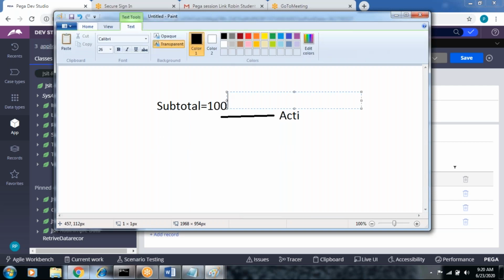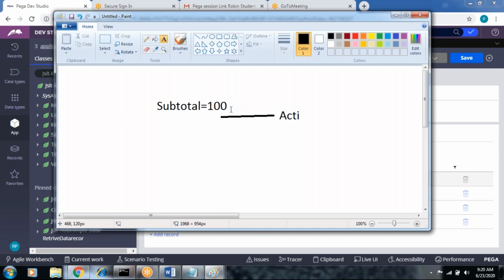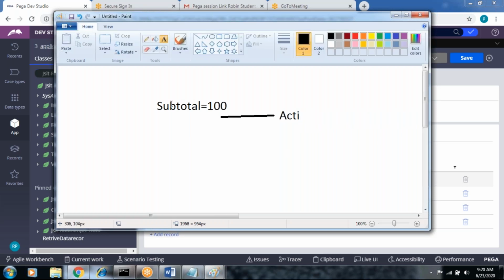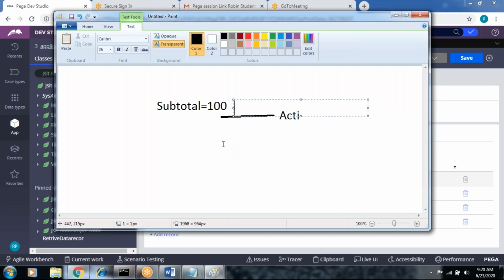So this is a when condition: subtotal equals 100. Set that, and create that activity. The activity type should be set as trigger. Then create one page, giving the input as the same, subtotal equal to 100.